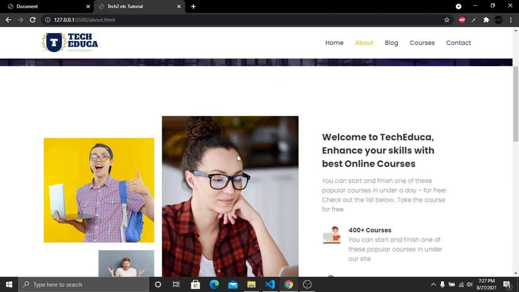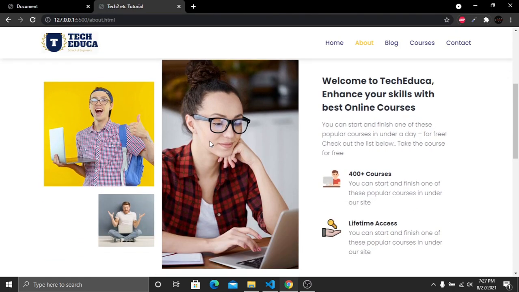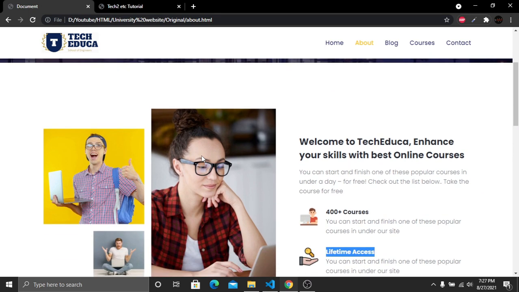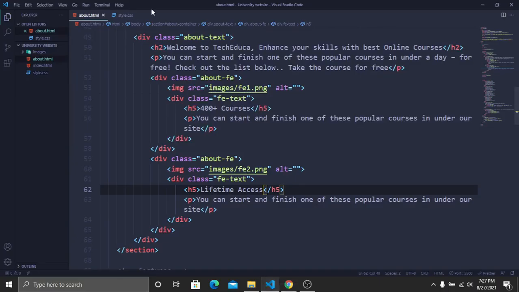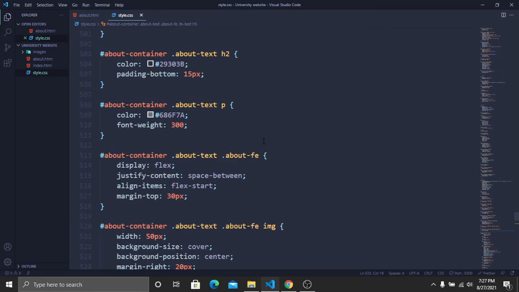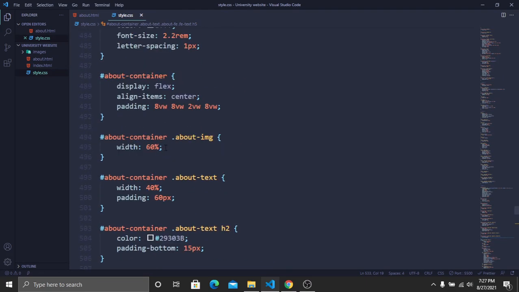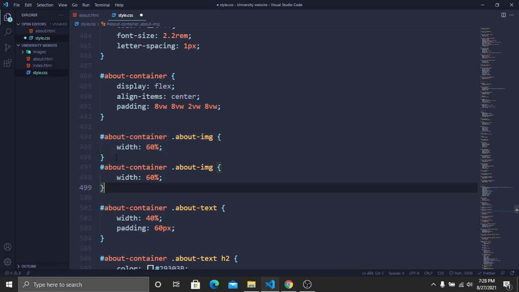Okay, now here you can see that I think this image is actually taking a bit more space from our actual website. Okay, let's go to our style, and if I go to our image, here you can see that we gave the about us image 60%. Now we have to target our image inside this about image class. So target our image, and inside our 60% I want this image to take 100% width and